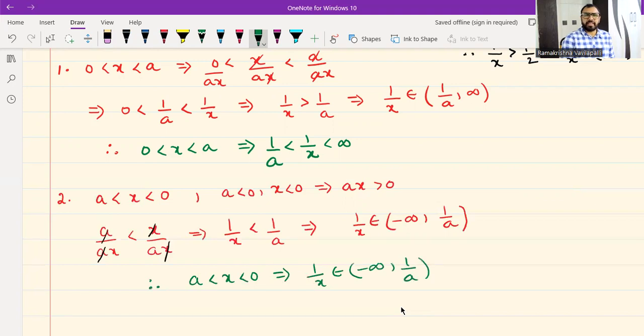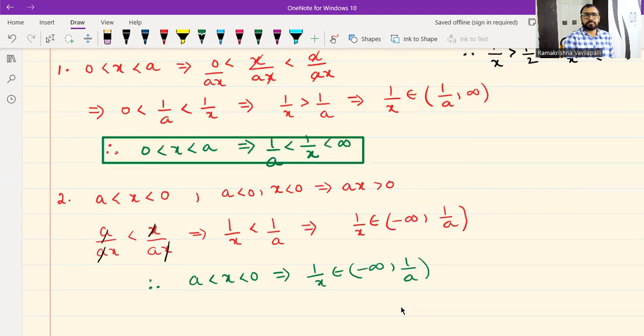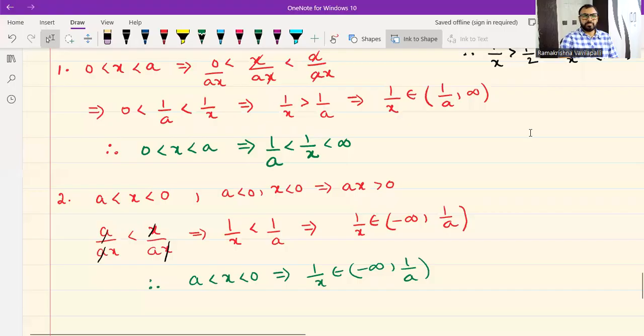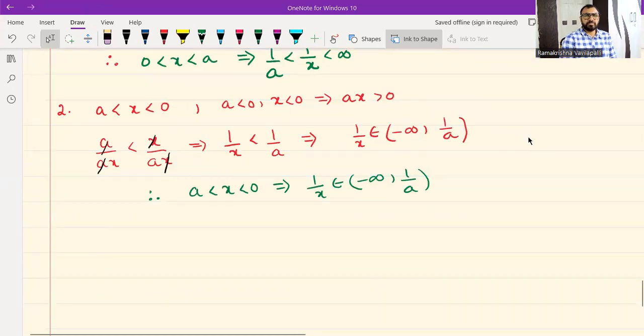These are very, very important. Remember, you will get so much confusion when you are taking the reciprocal. So the third one is